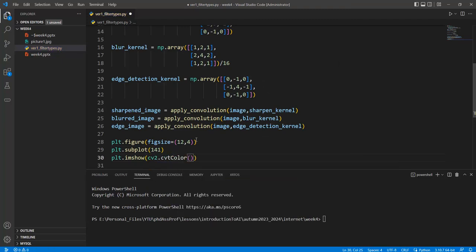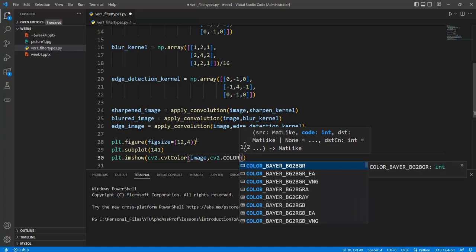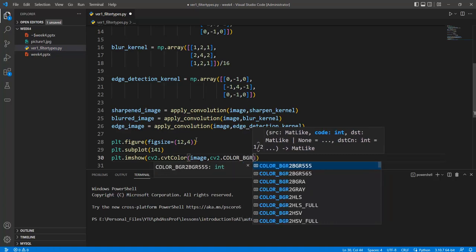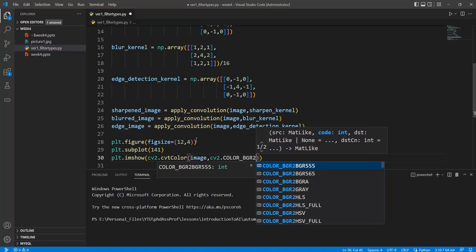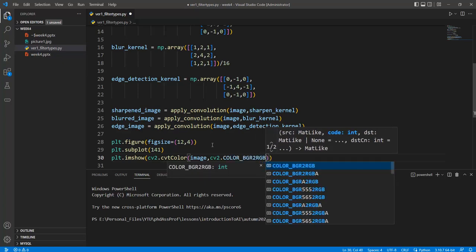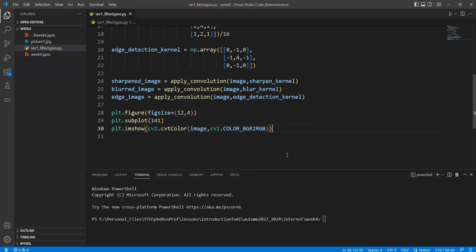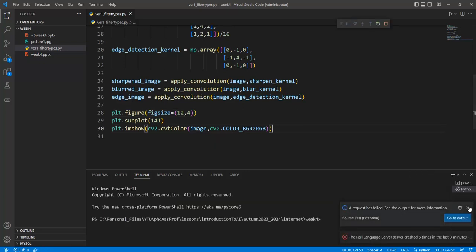This is the standard transformation for the image, cv2 color BGR to RGB. So this image is converted to RGB values from the BGR format. If I run this code,